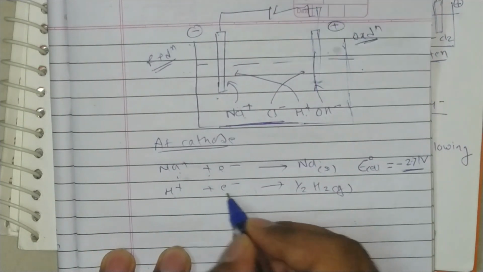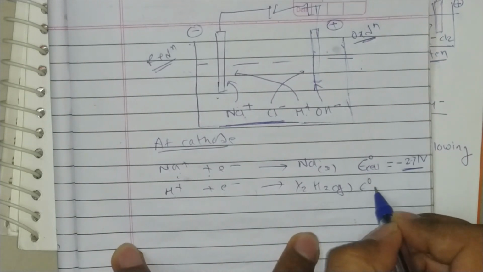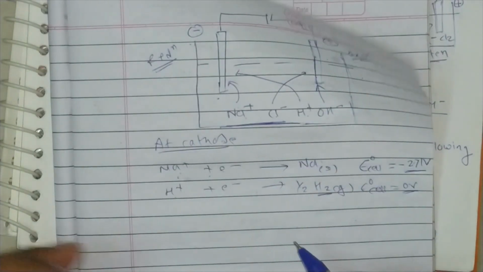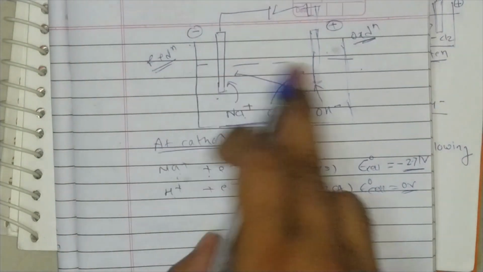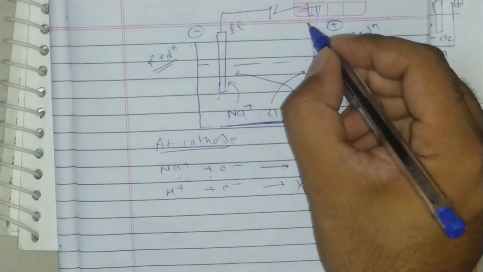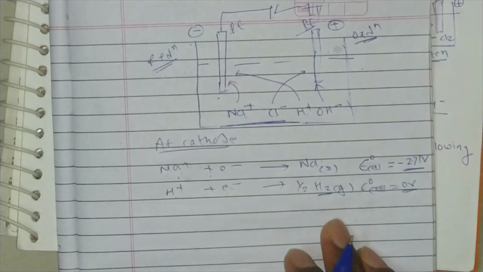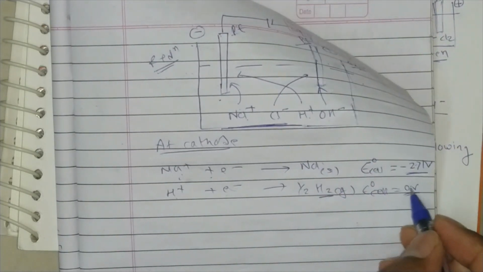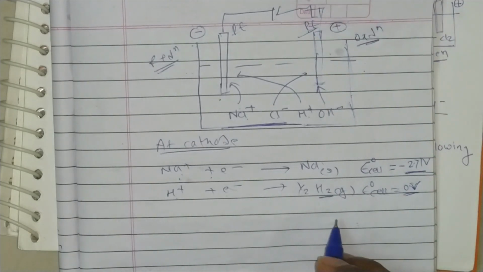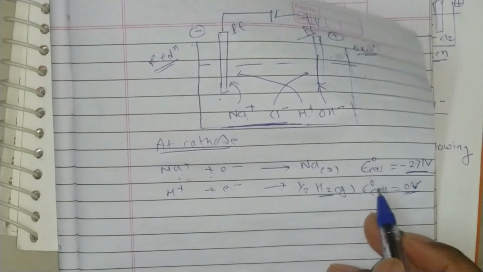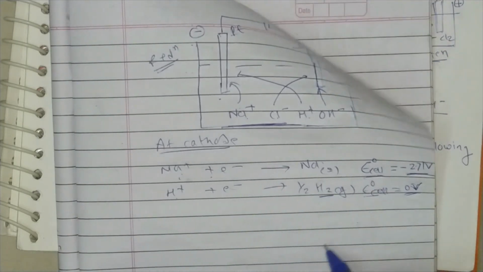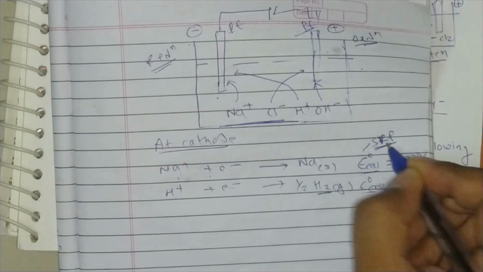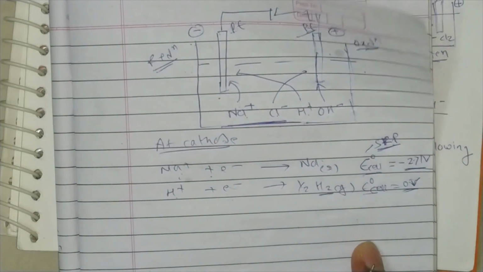Now when hydrogen is reduced into H2 gas, the cell potential is equal to 0 volt, because hydrogen gas is generated. So this electrode will act like a standard hydrogen electrode, because these electrodes are made of platinum, and we know in the standard hydrogen electrode we used a platinum electrode, right? And hydrogen gas is generated there. So this potential is 0 volt, this potential is minus 2.7 volt. And this E naught of the half cell is nothing but the standard reduction potential of the half cell.